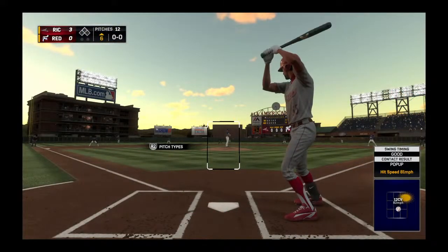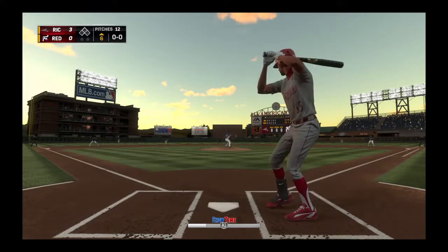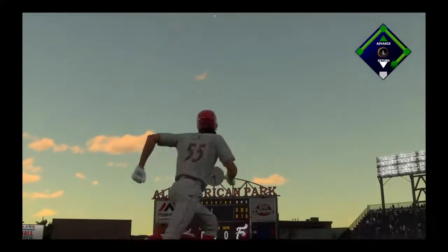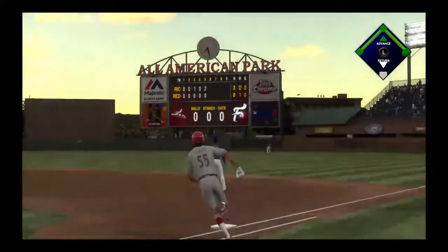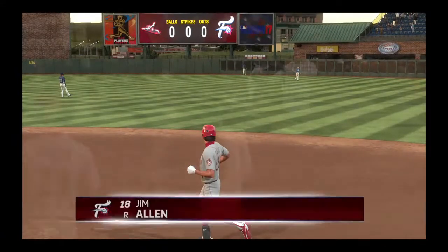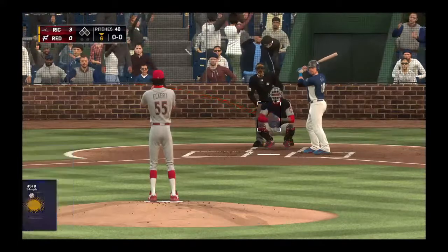Leading off, Lawrence. He bats here with a 3-run lead in inning number 6. Pitch swung on and hit in the air. Gomez sprinting after it. He tracks it down. A nice running play. And now in the box, Jim Allen will start things out in their half of the 6th